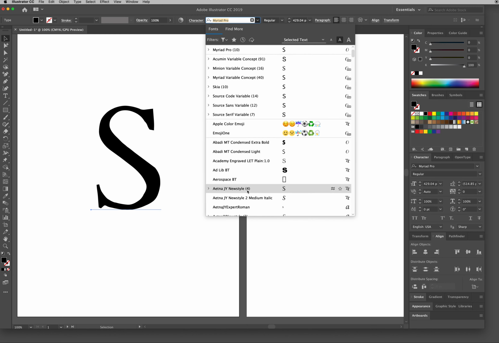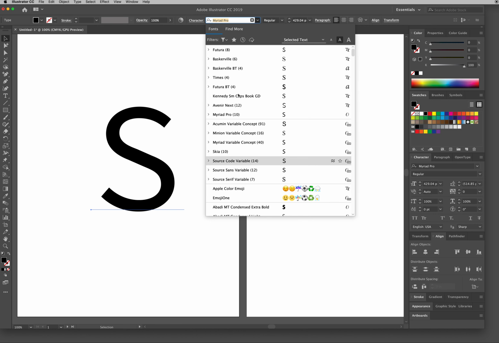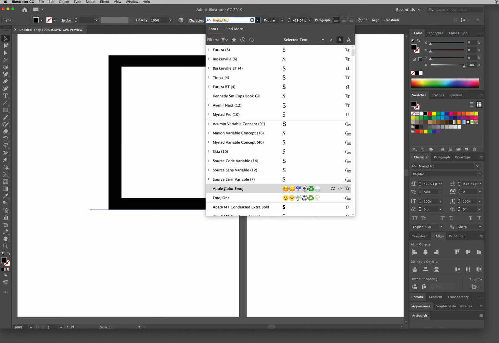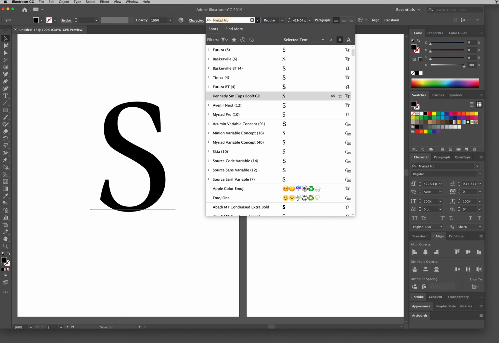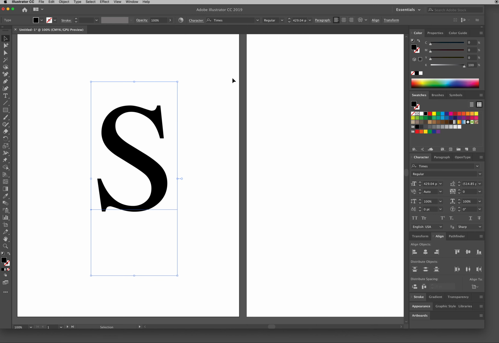No, don't use dingbats, wingbats, or any other type of image type font. I want you to just use a letter form. Okay, so this is pretty cool right here. Just my basic Times. It's a nice strong letter form I think that I can start with on this one. So I'll use Times for that one.